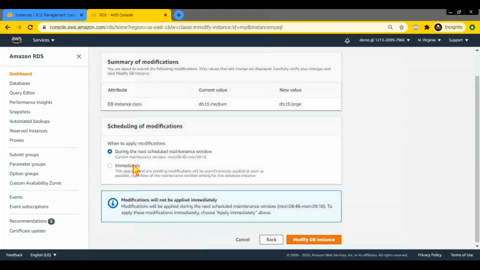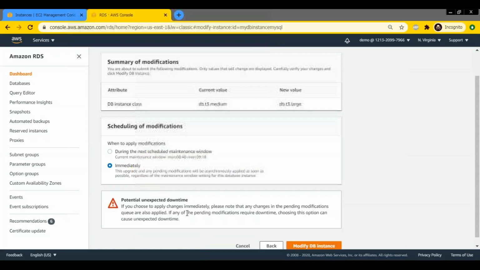Now I'm saying no, I want to do it immediately. So when I do this, the storage will also be updated. Any pending modifications will also be applied. What is my pending modification? That storage. We said do it during the next maintenance window, but now I made another change and said do immediately. So it will include those changes which are already pending. They will also be updated. Now if I say modify,